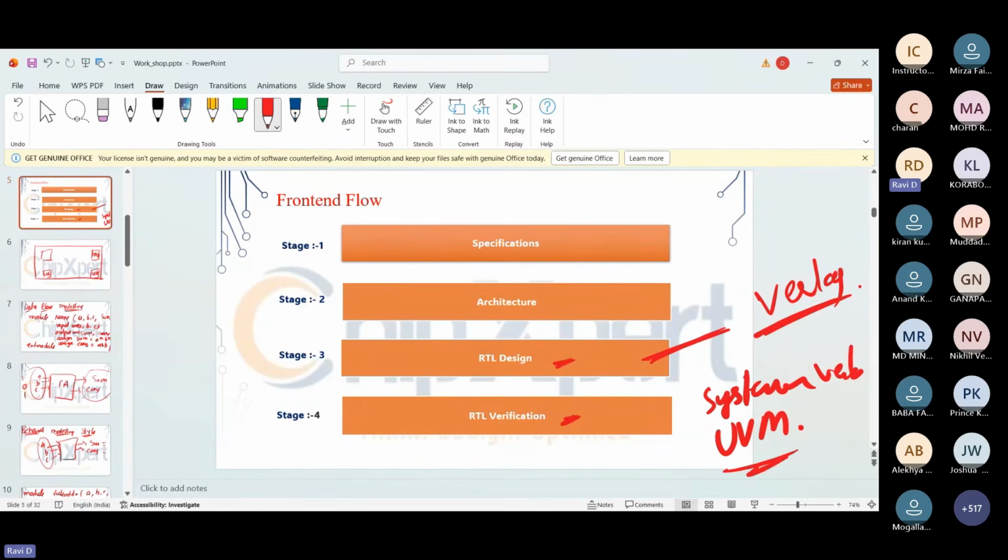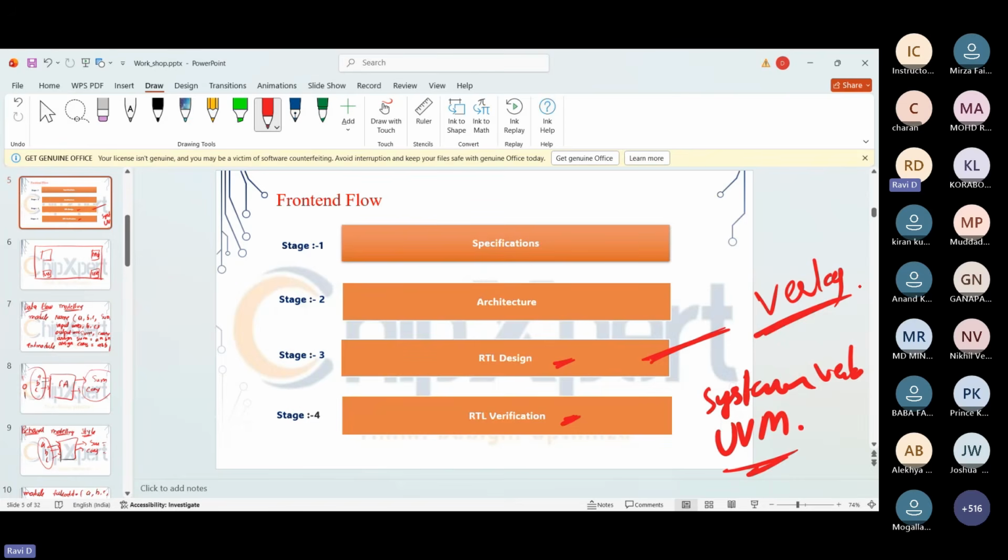But later, as the days went on, the complexity of the design increased. When a chip was getting started, we had only 120 transistors in the chip. The first chip we designed had 120 transistors.